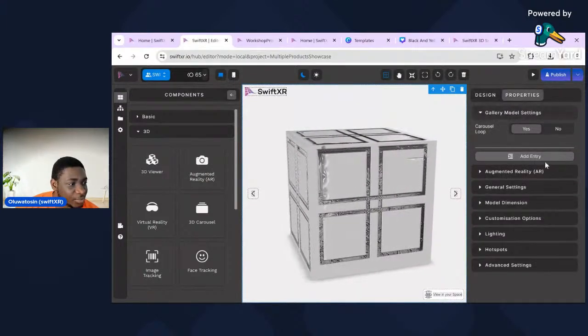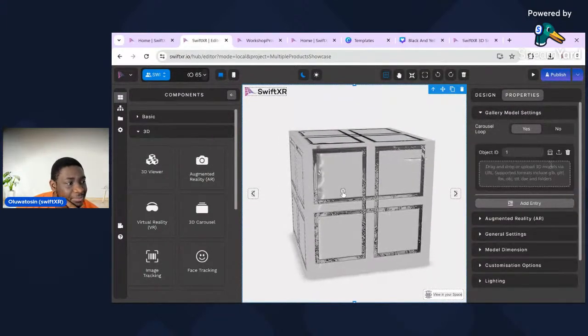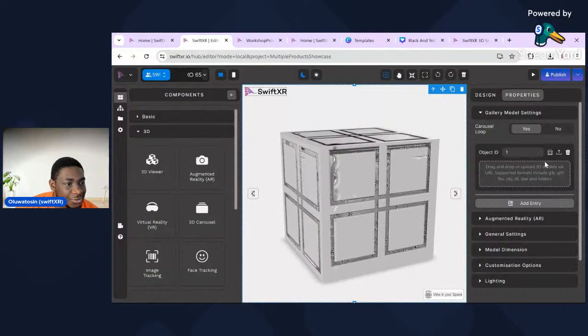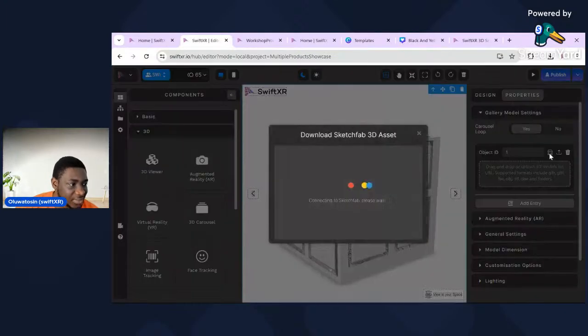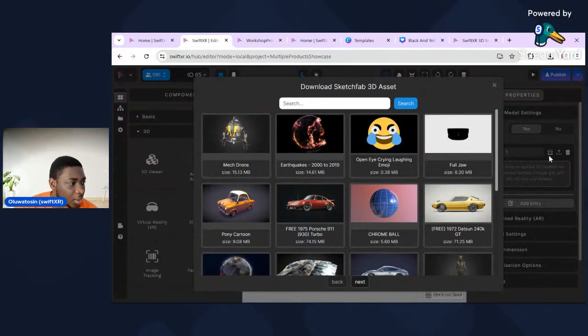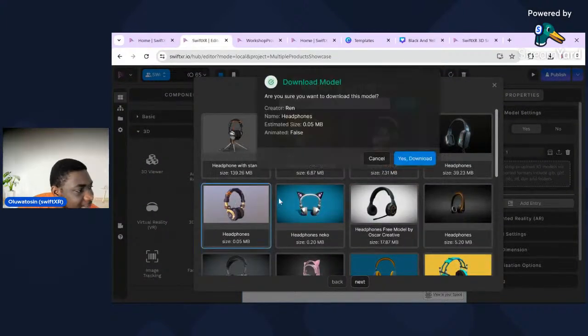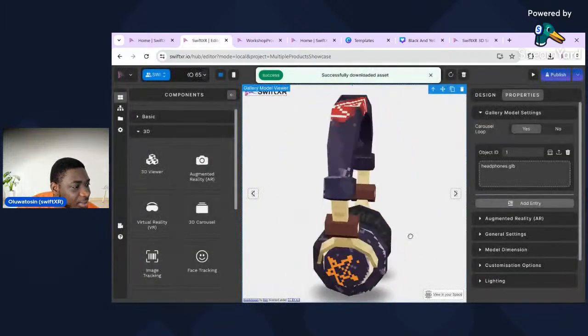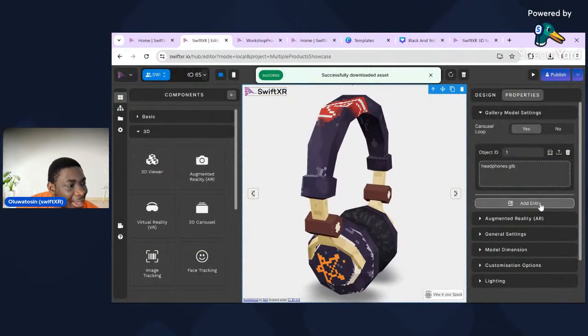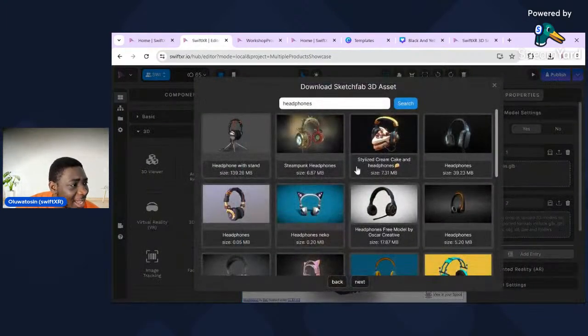So here, if you go over to the properties, you can click on add entry, right? And when you click on add entry here, you can select download from Sketchfab or upload your own custom model. So say here, I could have headphones, right? So I select this simple headphone here, right? I could add in another entry and add, say, a mic,